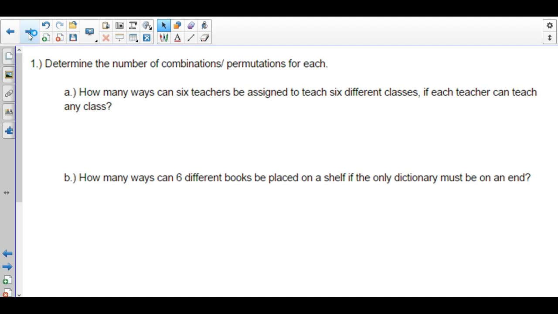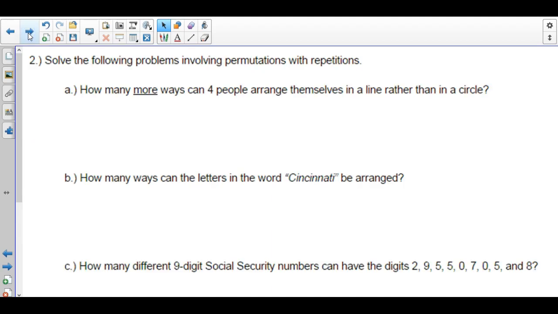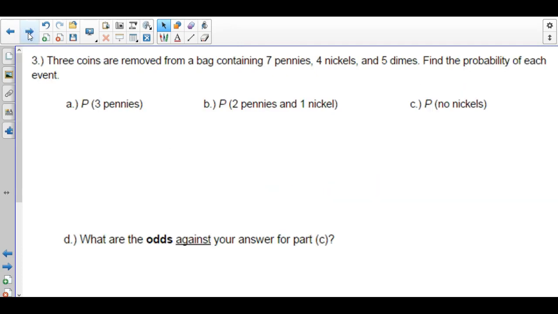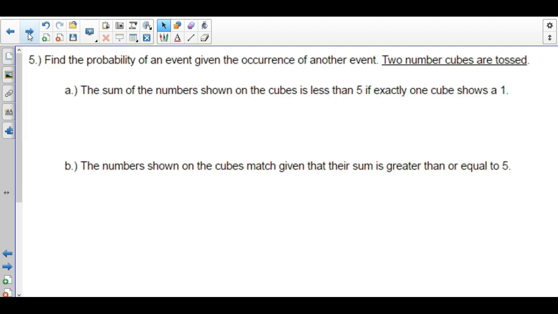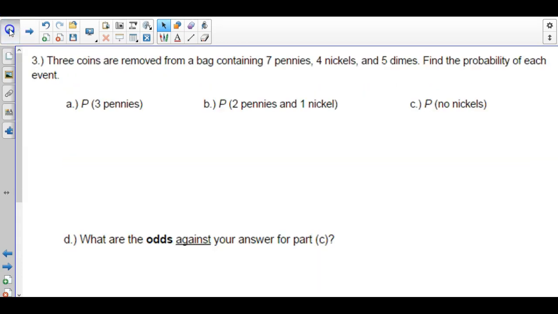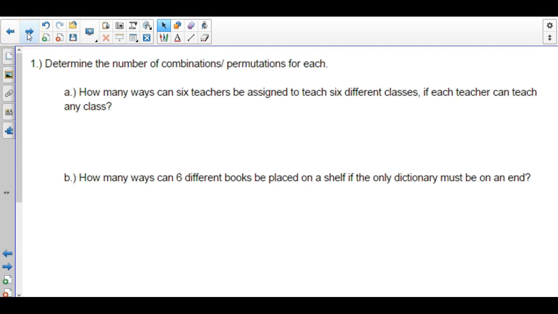So we'll first talk about combinations and permutations, and then we'll look at permutations with repetition and circular permutations, and then we'll look at some basic probability involving combinations, and then some of the dependent probabilities or probabilities that are compound. And then we'll look at conditional probability, which is when you're given one event and looking for a probability of another subsequent event. So right away, I'll just start off looking at the first question: how many